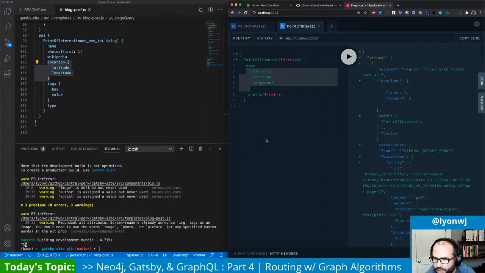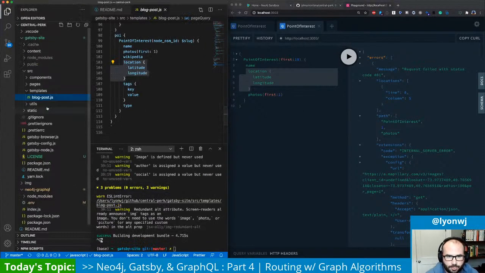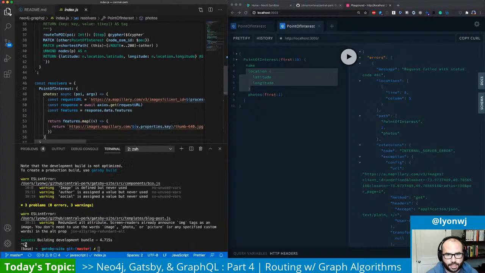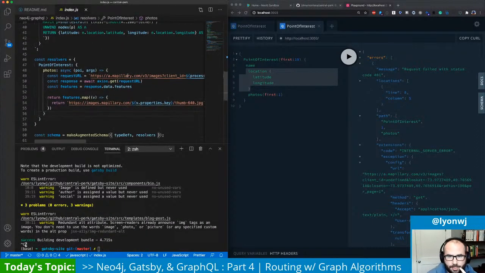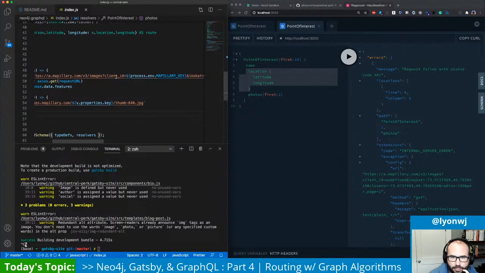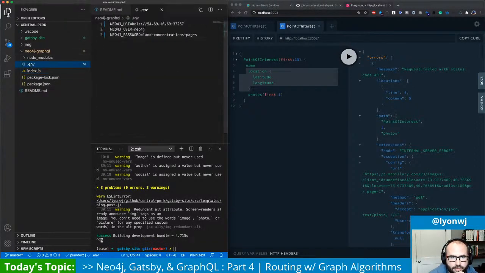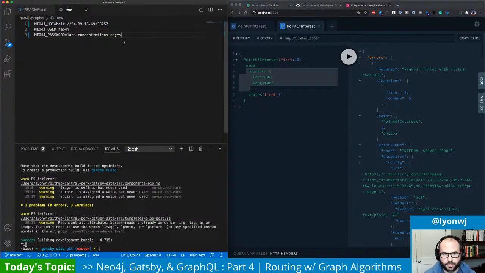But the error we have now is when we call out to the Mapillary API. Back in our Neo4j GraphQL project, when we call out to the Mapillary API, we need a Mapillary key. We're reading from an environment variable, and it looks like we maybe forgot to define that. So I have a .env file. Oh yeah, somehow that got removed. So this is, I think, MAPILLARY_KEY equals,